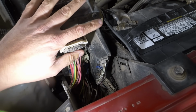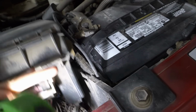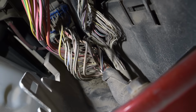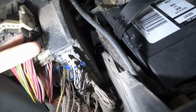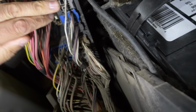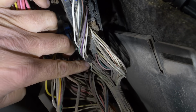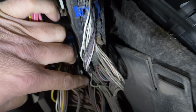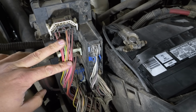But it looks like we've had a visit from our cheese eating friends. See that down there? They left their telltale sign. So I don't know if they chewed up something or what they did. I see a little bit of damage. That wire right there doesn't look too good. So let me poke around with that for a minute and we'll see if we can make heads or tails